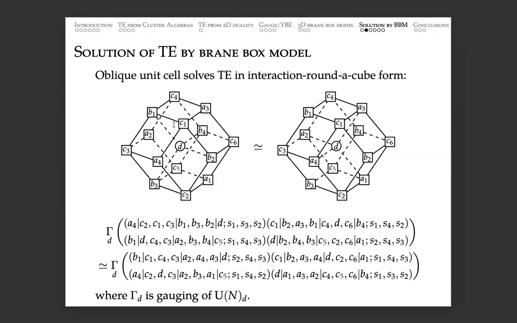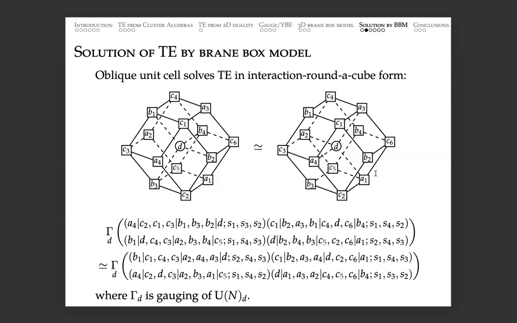Now I know that each cube represents this unit cell theory. I plug that in, and then sum over this spin variable D here. Actually, you can think of it as gauging some U(N) global symmetry. You can construct one very complicated 2-dimensional N=(0,2) theory on the left-hand side according to this way of gluing unit cell theories.